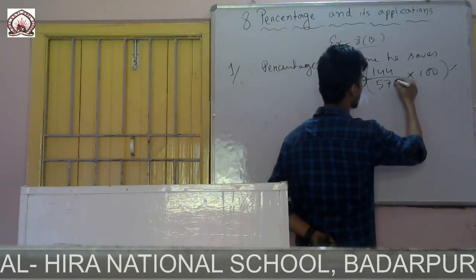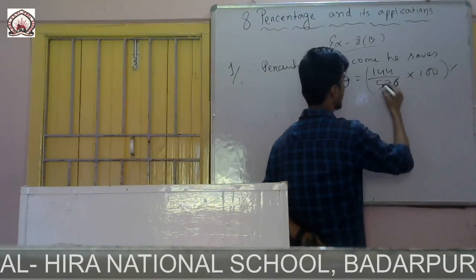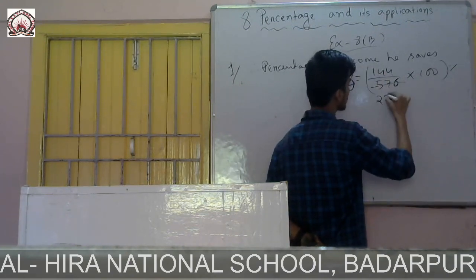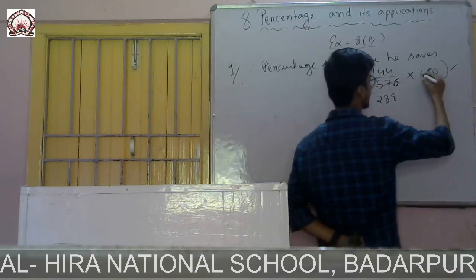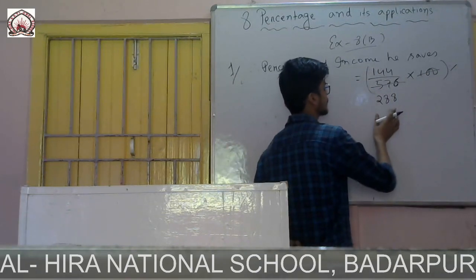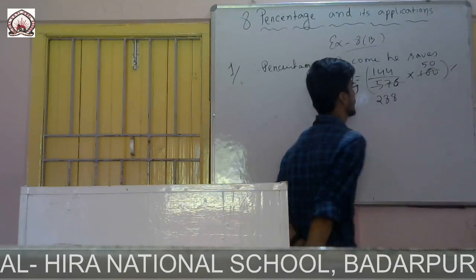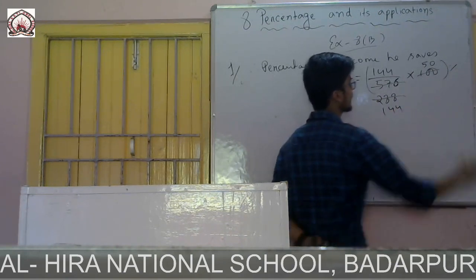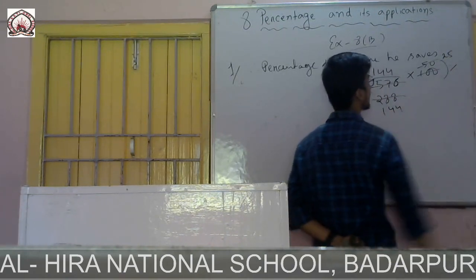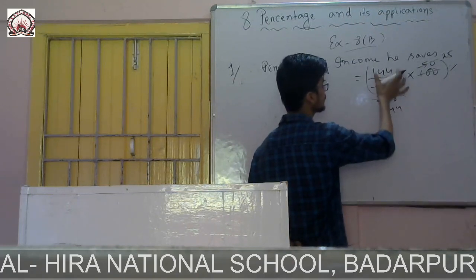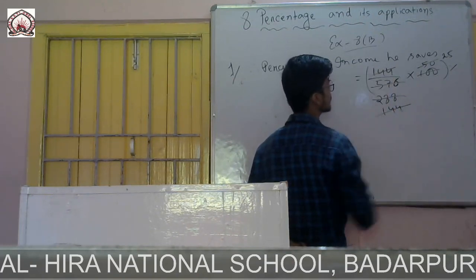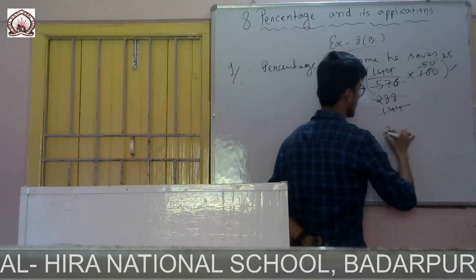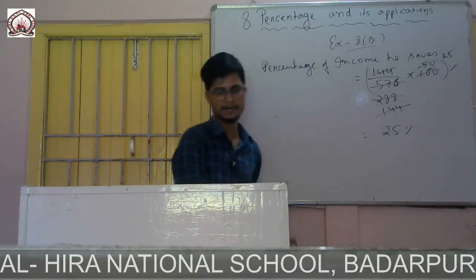So it is 576. First I will cancel it by 2: 2 2s are 4, 2 8s are 16, 1 left 8. There, if I cancel it by 2, 2 50s are 100. Then again I can cancel these by 2: 2 1s are 2, 2 4s are 8, 2 25s are 50. Now 144 and 144, I can cancel these two. What is left is only 25, and the denominator is nothing. That means the answer is 25%. So he saves how much?